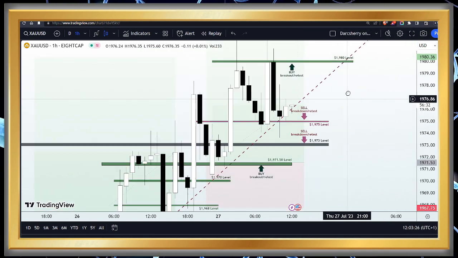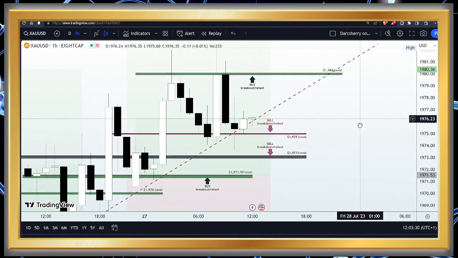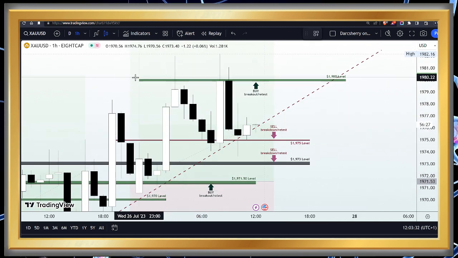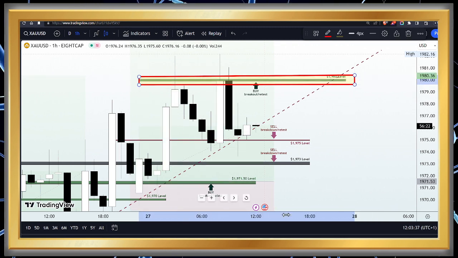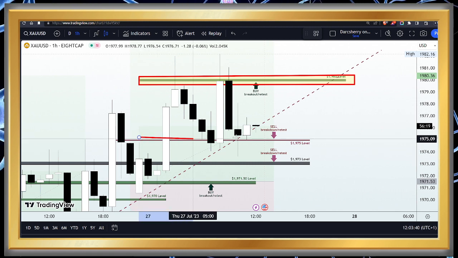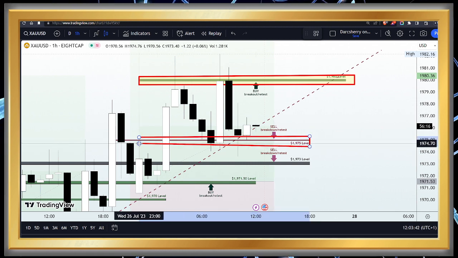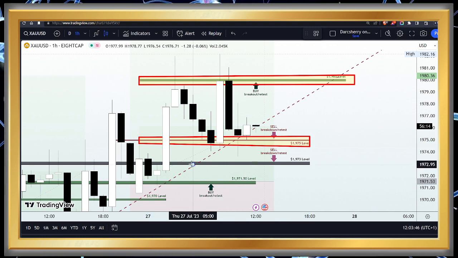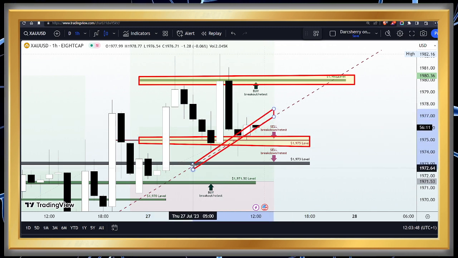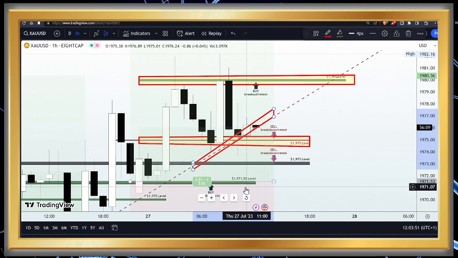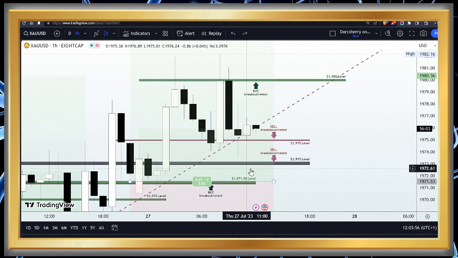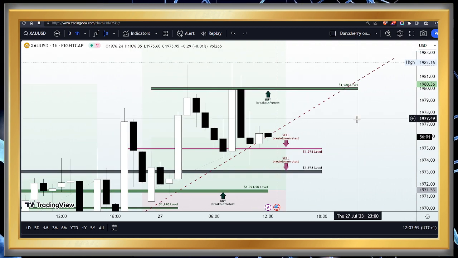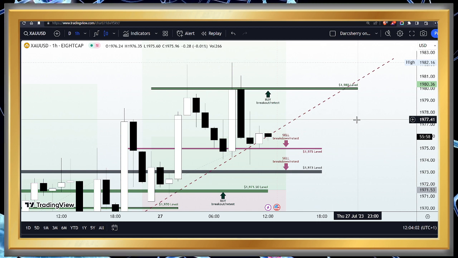So let's see how the market will play out. It's a simple setup we have here on the XAUUSD for today. So we have the 1,980 to help us guide buying opportunities in this market, and we have the 1,975 and of course the ascending trend line here to help us guide any bearish move if price action breaks down both structures. So this is what we have here on the XAUUSD today. Simple setup. You want to mark these levels out on your chart, as you will be needing them to guide your trading activity for today.